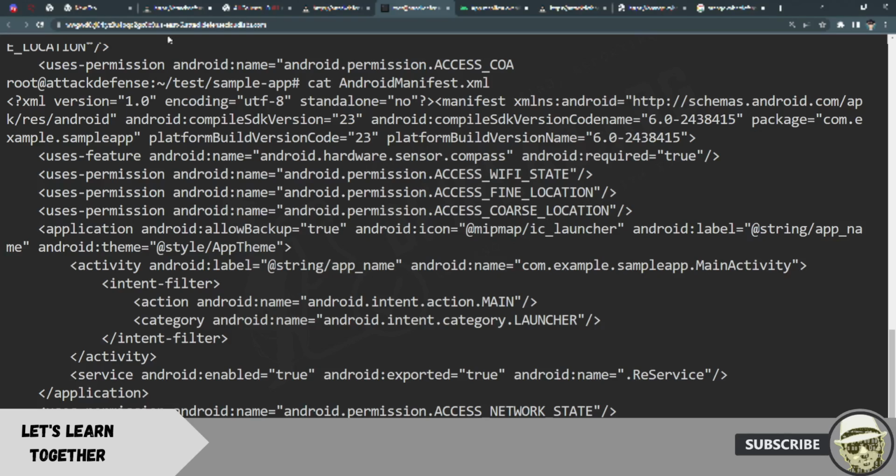So we have Android SDK, sensor compass required true, permissions 1, 2, 3, Wi-Fi state, fine location, coarse location. Okay, so